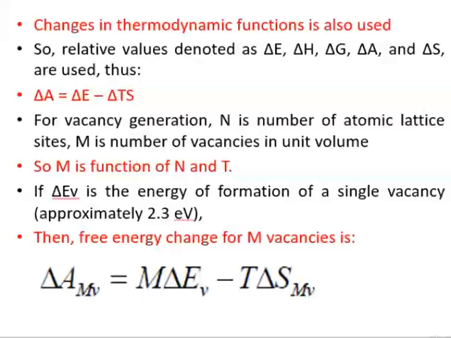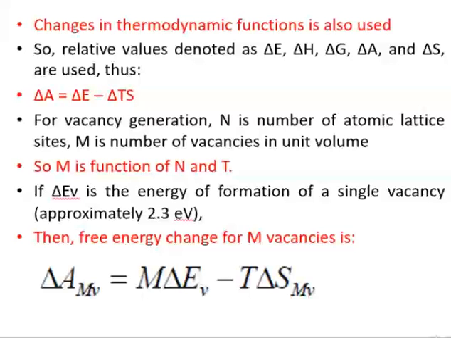So this m is now a function of n, which is the number of atomic lattice sites, and T, the temperature. So if we assume delta EV stands for the energy of formation of a single vacancy, which is approximately 2.3